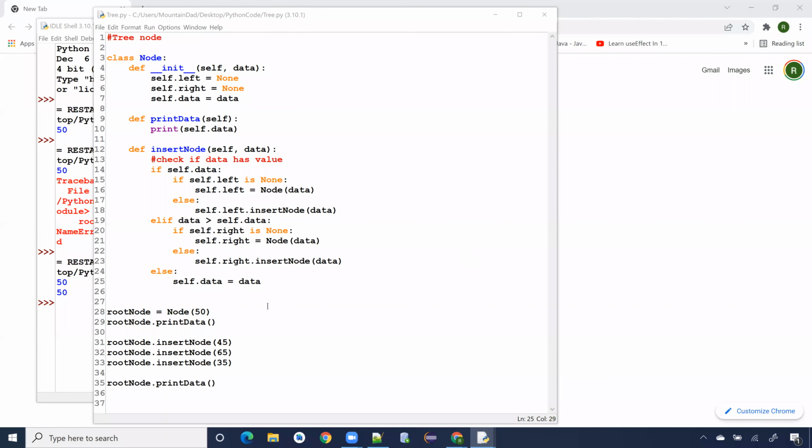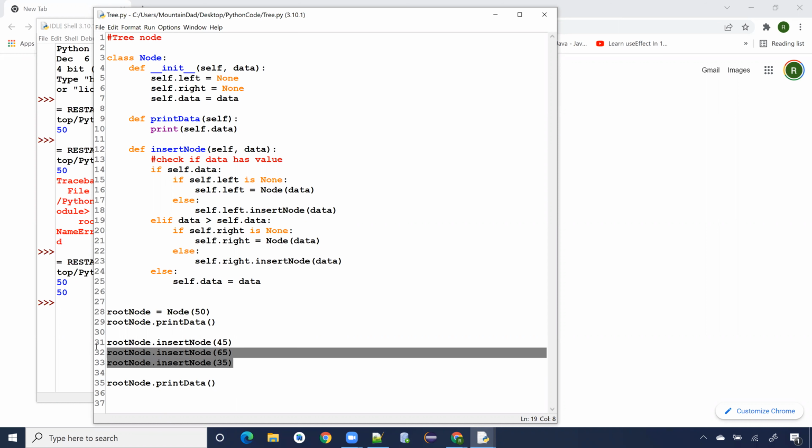All right, I made a mistake earlier, right? My elif was indented wrongly, so it needs to be on the left side. So that is good. Okay, so since I've inserted some data here, what I want to do next is that I want to go about